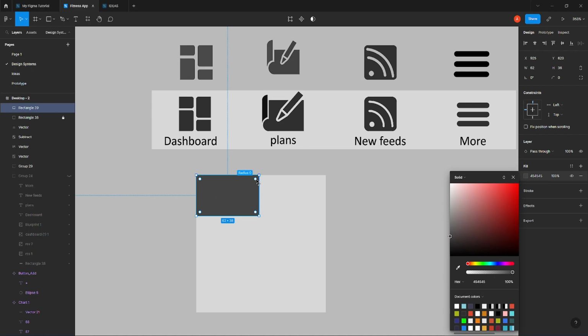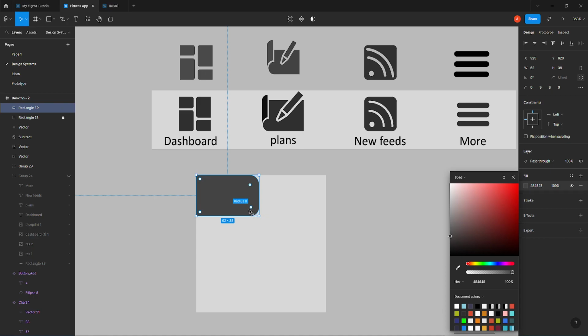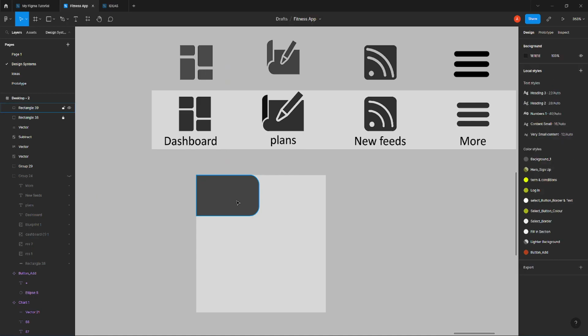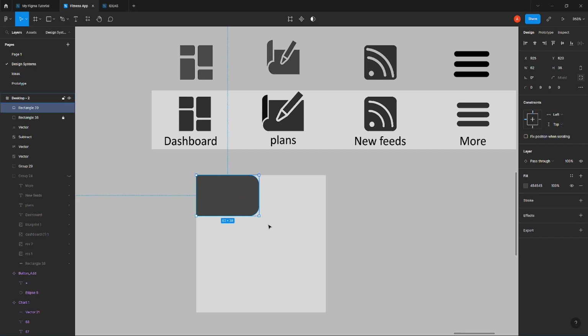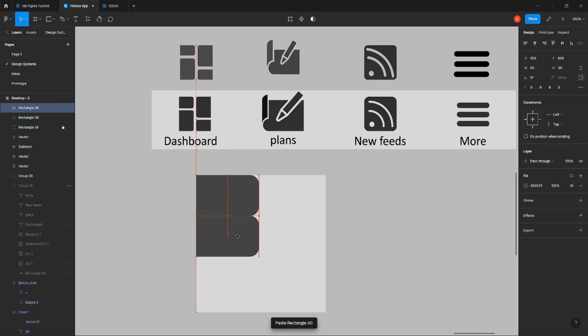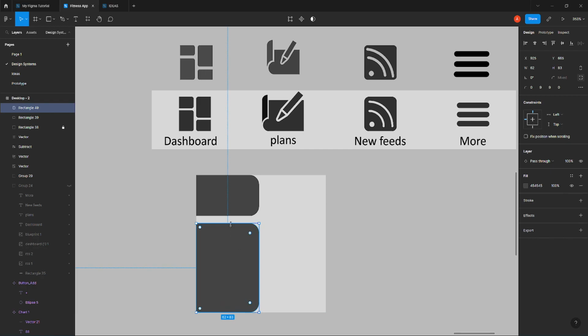I'm going to hold Alt key and drag one of them, so I just release and do the other one as well. So now I'm going to copy paste this shape, drag it down here and drag it down here,